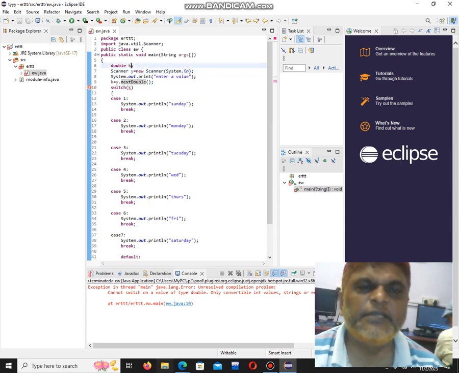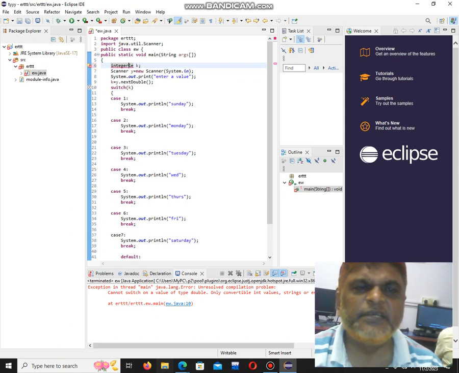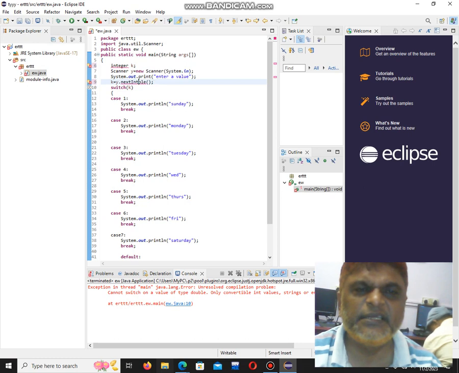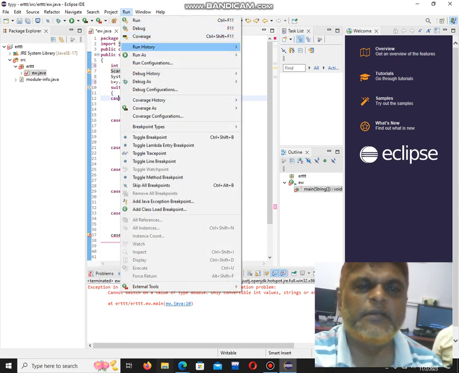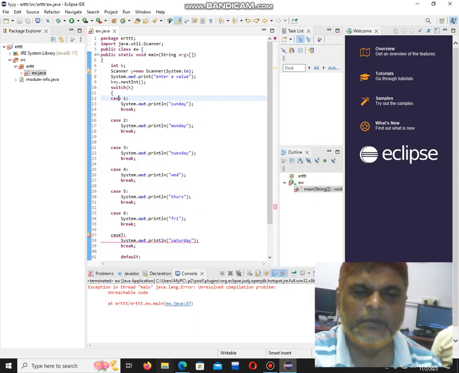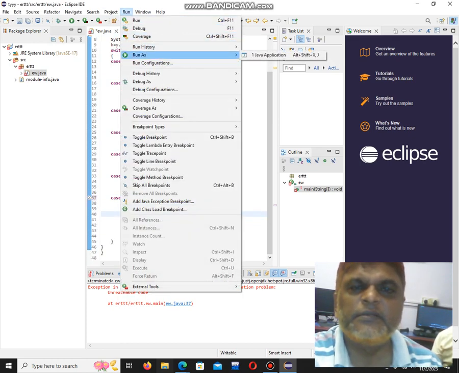Suppose I don't want to take double but integer. For integer, I use nextInt, and declare int k. The actual thing is the same. Run as the application.